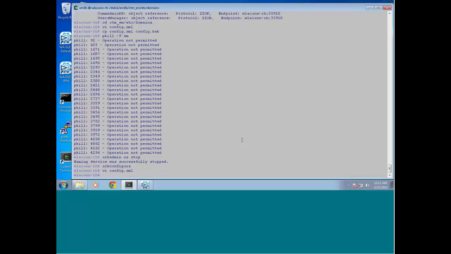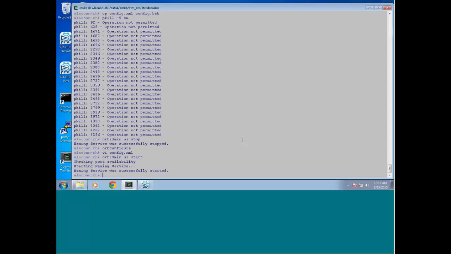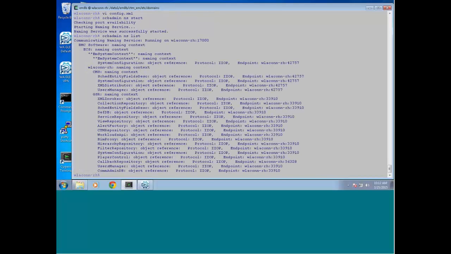And then the next thing I'm going to do is start up my naming service that I had stopped before I had changed the ports. I'm going to start this, and then I don't have any components running now, but I'm going to do an orbadmin NSList, which is going to show me those items which are registered. Okay, so here we see the naming services running where we want it to run on port 17,000, but we